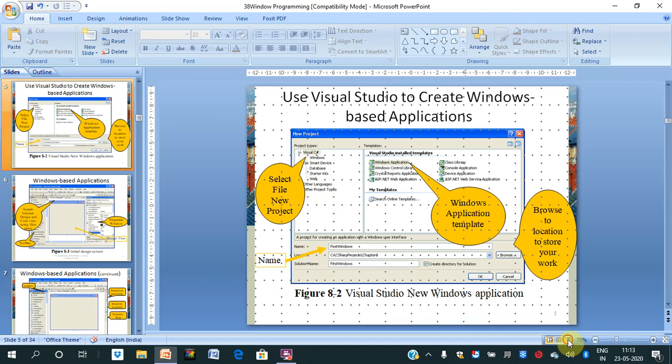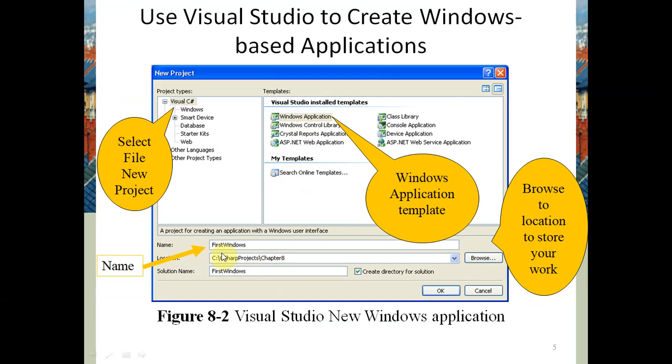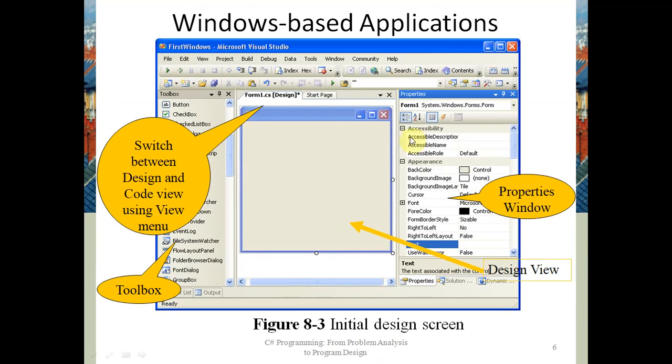You can see in this slide, we have to select this Windows application, and accordingly select the file name, and we can browse here also. We can provide the location where to store this file. So we can browse this location here. This is the main window when we select the Windows application. And after selecting the Windows application, we have this IDE, which we can say is the integrated development environment. So we have the design window, the start window, and also the code window. You can see this is the panel of the toolbox.